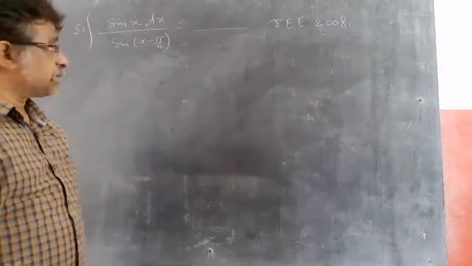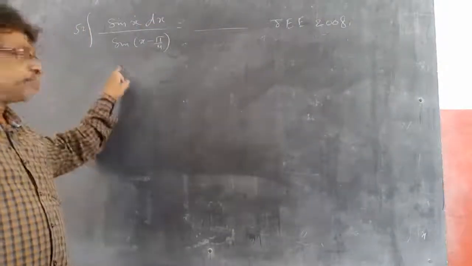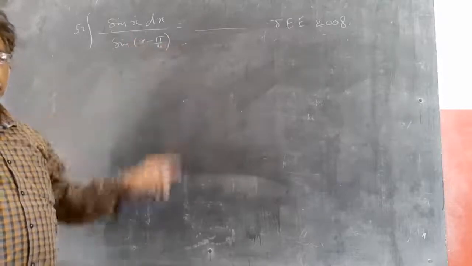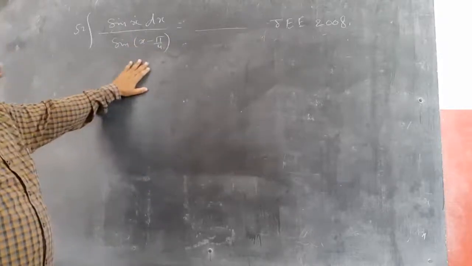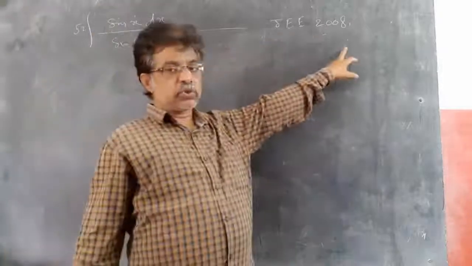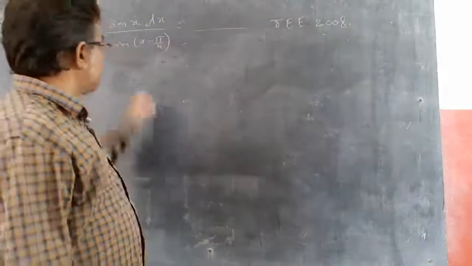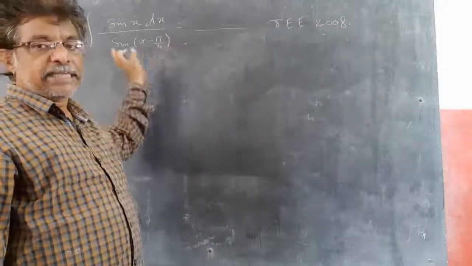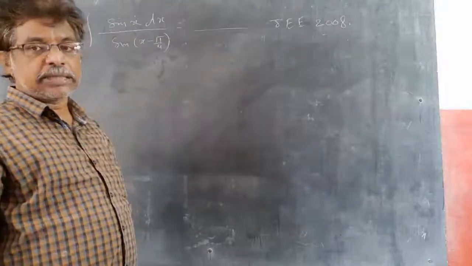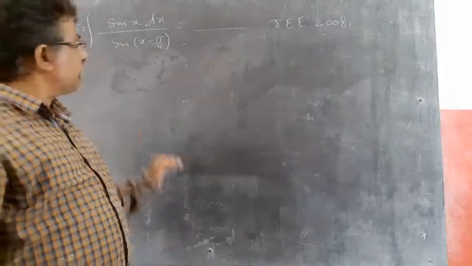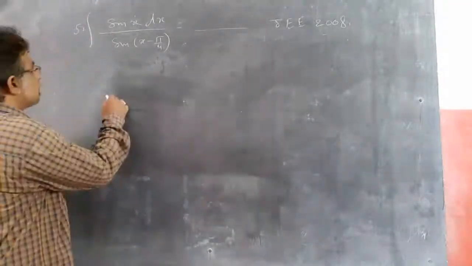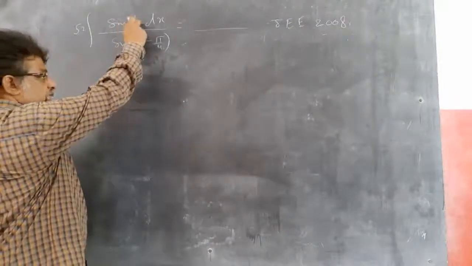I will go for that method because for this sum you can go for the sin of a minus b formula in numerator and denominator. But the same sum is given in 2004. This is 2008. In 2004 they give, instead of pi by 4, a. Then if you expand sin a cos a and so on, you can't simplify that much easily. So that's why for both of the sums, the same simple method: just add pi by 4, subtract pi by 4.